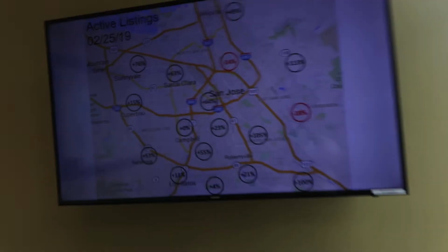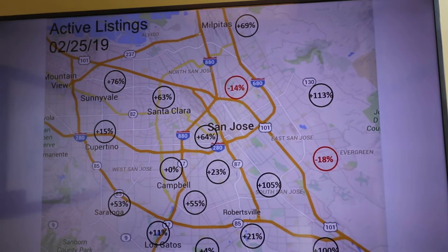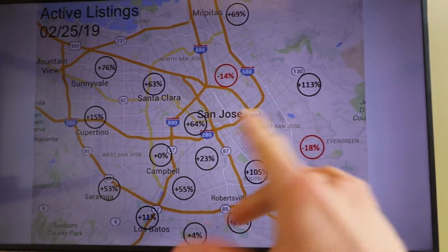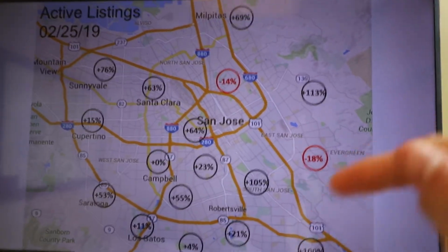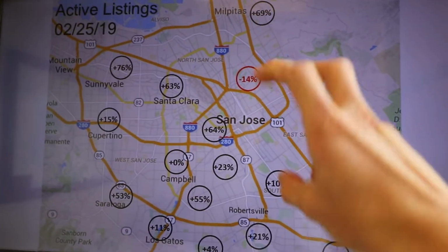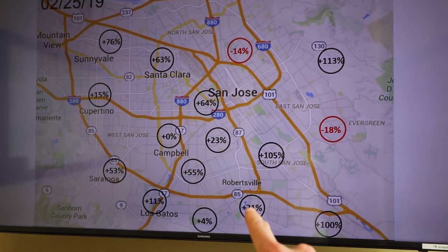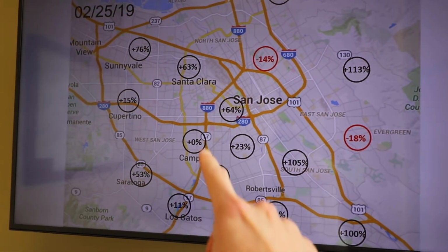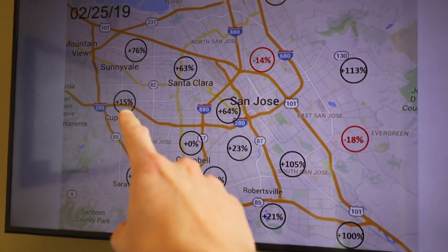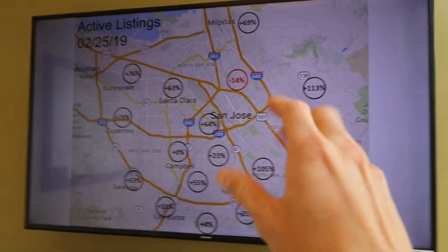Really interesting here for the week of February 25th. You'll see, my goodness, I wish there we go, the lighting's a little bit better. If you've been watching the videos for any period of time, you'll know that almost every single week this year, almost every area has been positive in the triple digits, meaning at least minimum 100%. But if you notice, in a lot of these areas right here, Cambrian, Almaden, Los Gatos, Saratoga, Campbell was 0. I mean, look at that. Cupertino with 15, Sunnyvale, Santa Clara. These are all areas here that are actually less than triple digits,